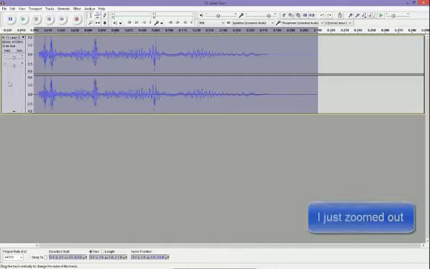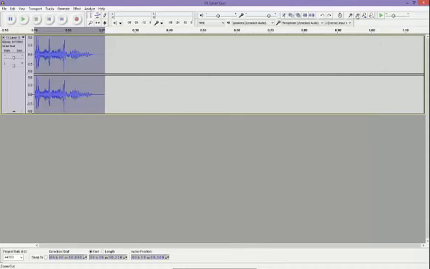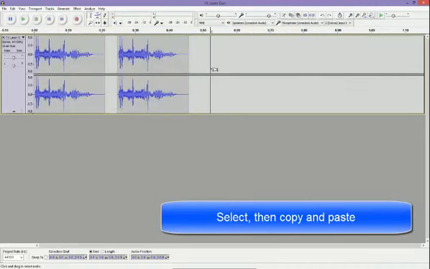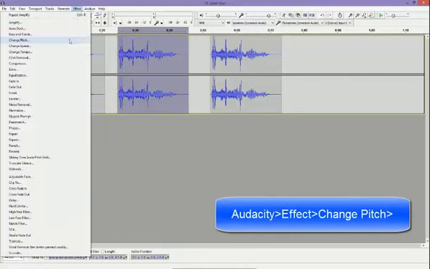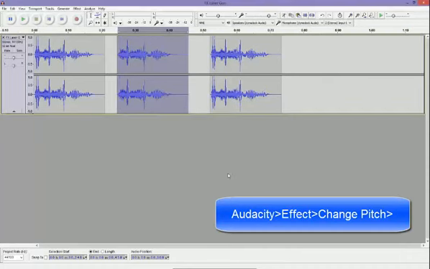Another thing you might want to do is change the speed or the pitch of the sound. So I'm going to select this, left click and drag, and press Control C, and just Control V a couple more times. Yeah? So this next one, I'm going to select it, and I'm going to make the pitch lower by just dragging it. You can do it accurately by actual semitones if you know what they are, or you can just simply drag the slider. And that will change the sound,